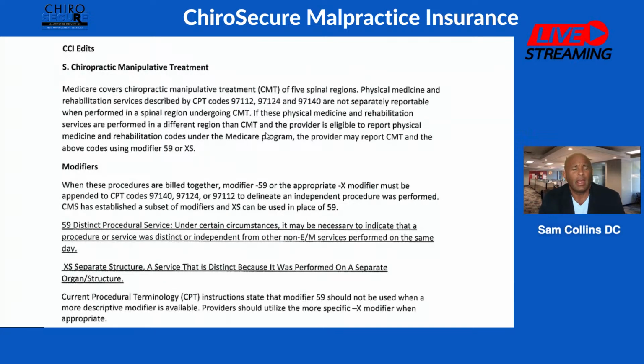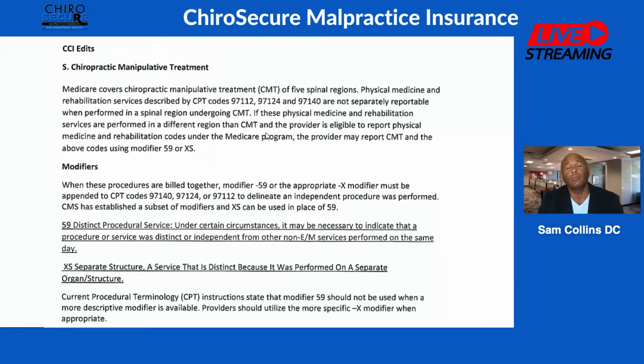Now, here's the problem. How many of you are going to do soft tissue work to the neck when you're adjusting the neck? I think a lot of us. So therefore, it's like, uh-oh, is that soft tissue work free? Sort of. And I'll say sort of because it's just simply inclusive to the overall. So you're not getting anything extra for it. So that means in the same region. So if I'm adjusting the neck and doing manual therapy to the lumbar spine, that's fine, or to an extremity. But if I'm doing it to the neck region, they're going to say it's inclusive.